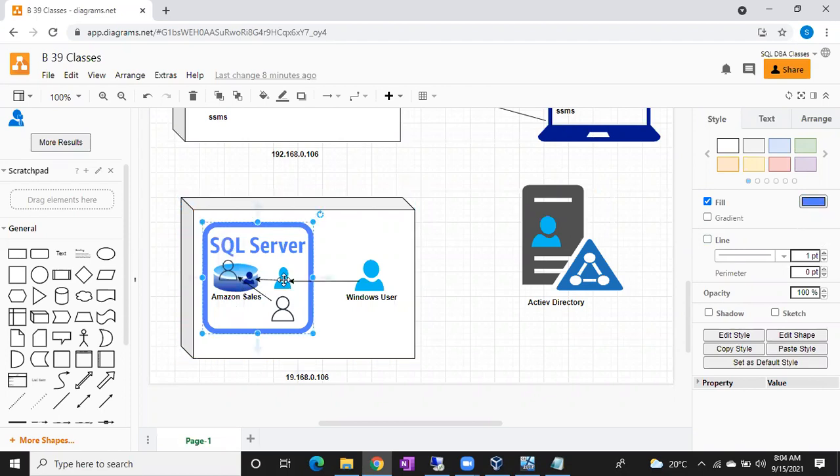For each login, a user should be there at the database level, then only he can connect. This rule won't apply for a sysadmin login. If I gave sysadmin permissions to Srinath, there is a default user called DBO in each database. So no Srinath will be created in each database, even though Srinath is a sysadmin. Sysadmin means he can do everything in the SQL Server.